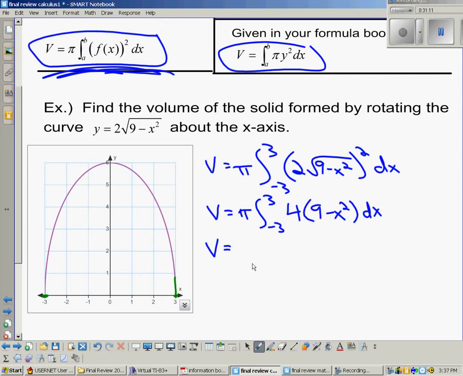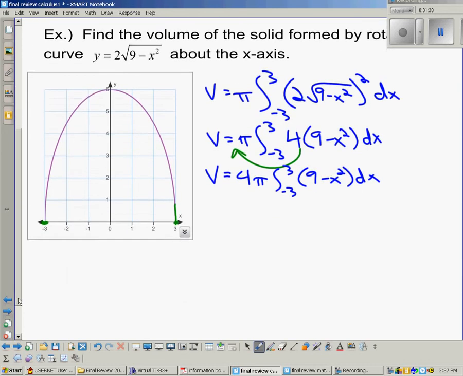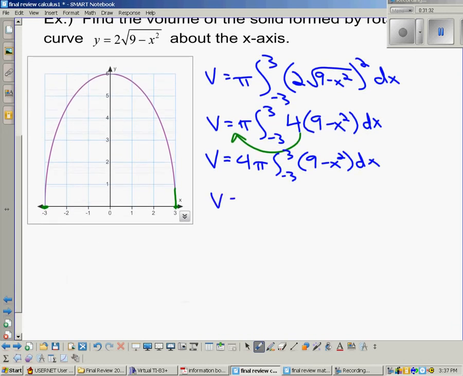Or I could multiply it in and call it 36 minus 4x squared. Doesn't matter. So I can pull it out before integrating. Gives me 4 pi. Again, if you've got a subtly different way of doing this that gets you to the right answer, fantastic. Please do that. So 4 pi times